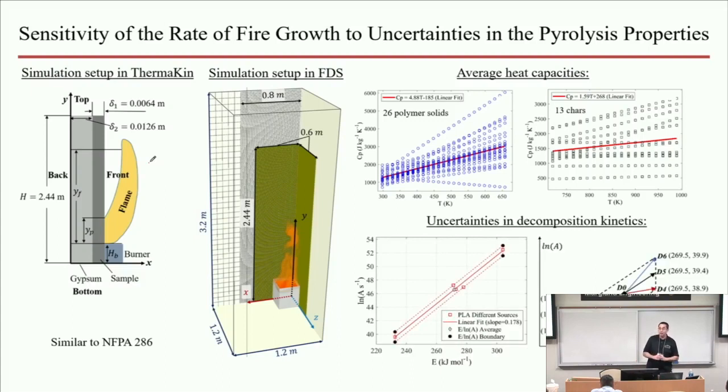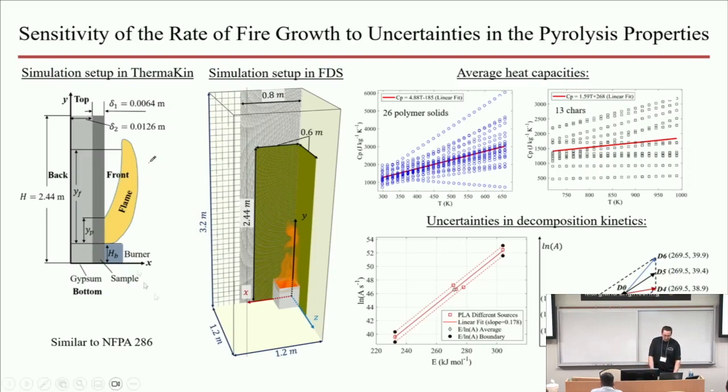One interesting thing that occurred during this analysis I want to point out is when you try to estimate the uncertainties of kinetic parameters like E and A, and we're talking here about a framework where we assume that everything decomposes through one reaction, which is sort of simplistic, but that's what we have to resort to in order to make sense out of these results.